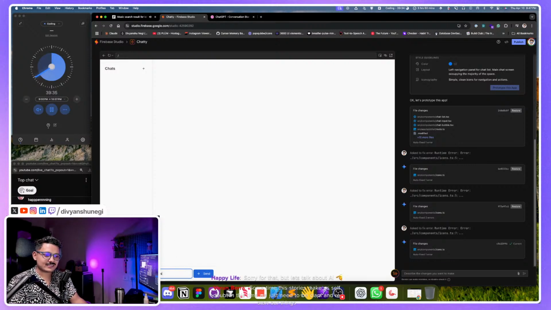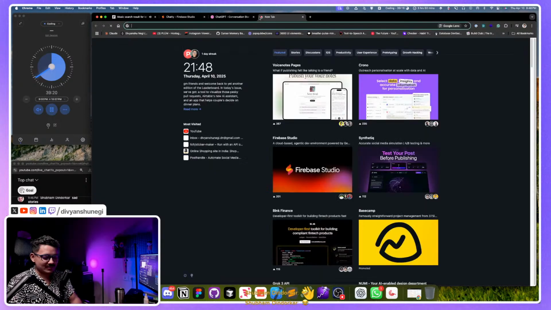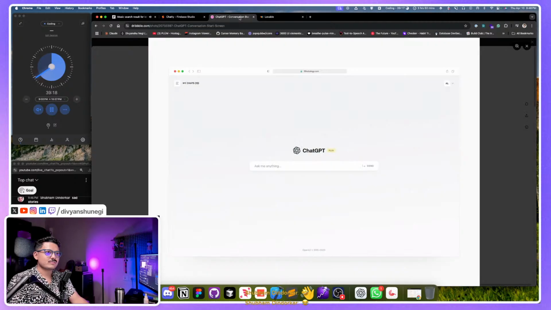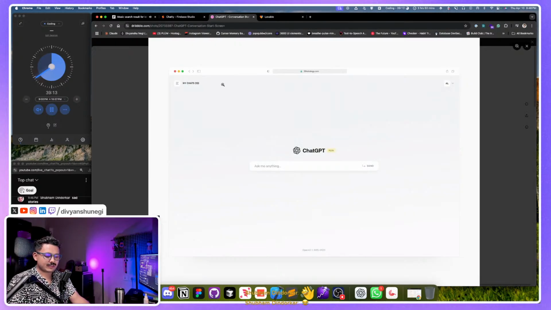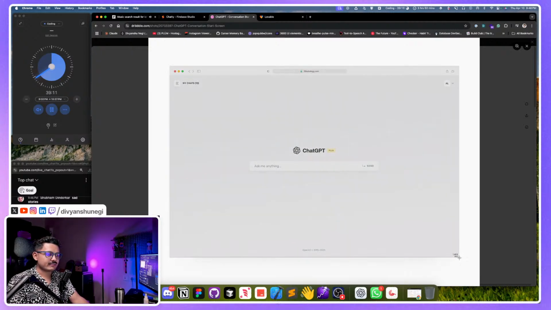Yes, exactly. So one thing I'm noticing here is Firebase Studio has created a decent thing, but compared to the design I shared, it's not even close to that. I can show you immediately. If you go to Lovable Dev and share the same design with it here,